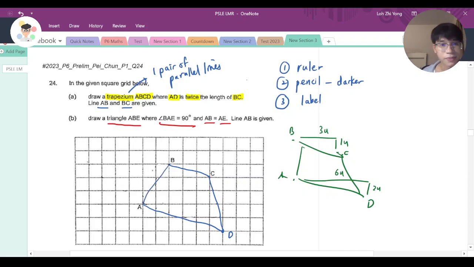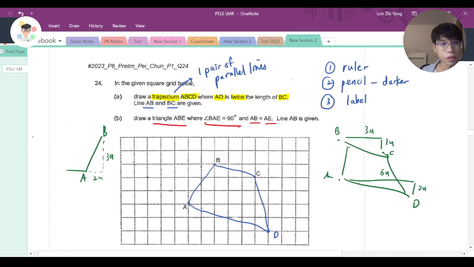Okay, something like this. So, same thing. You can see B to A is like this. So it's 1, 2, 3, 1, 2. So it's actually like 3 unit, 2 unit. So if moving to that side, you should expect that it will be something similar. Okay? It will be like,